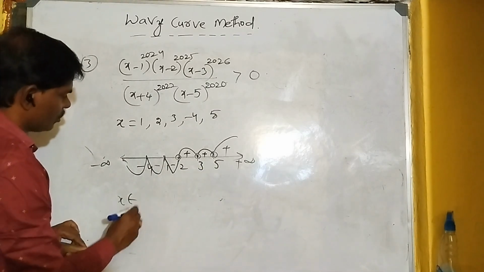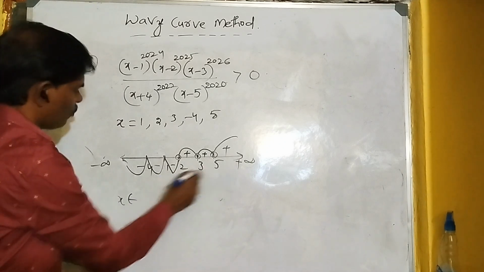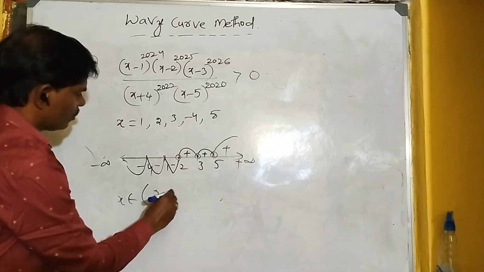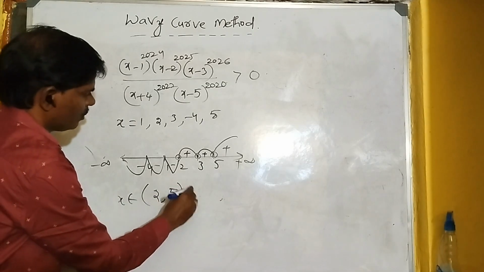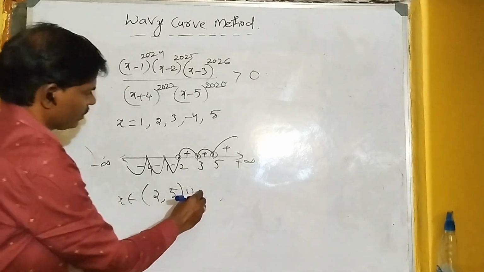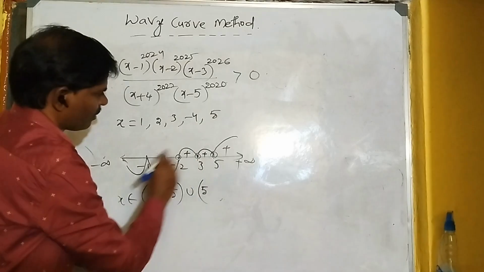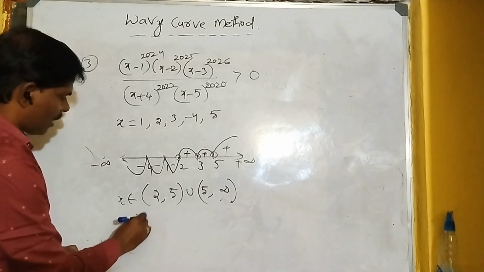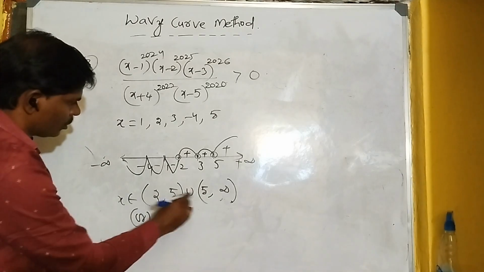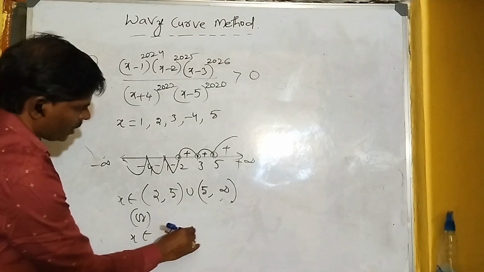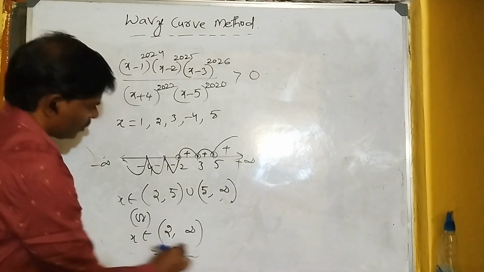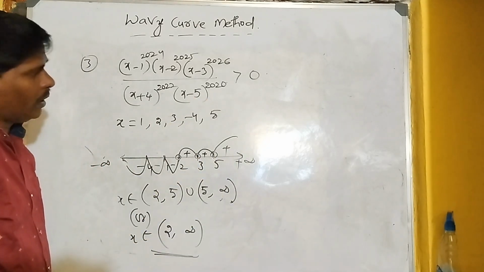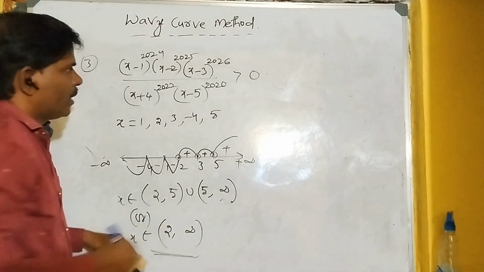Okay, x belongs to the open interval 2 to 5, union the open interval 5 to infinity. Or another way, x belongs to 2 to infinity also, no problem. 2 to infinity, all are positive. Okay, you understand the question. Next question is,